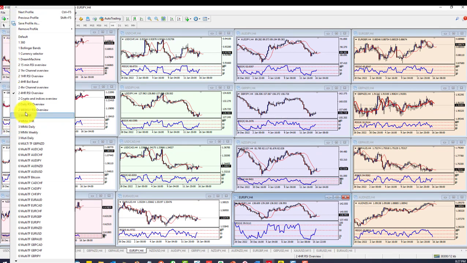Now I'm going to show you a few more. Here is a profile of what I call multiple moving averages. I'm just going to see if this one actually